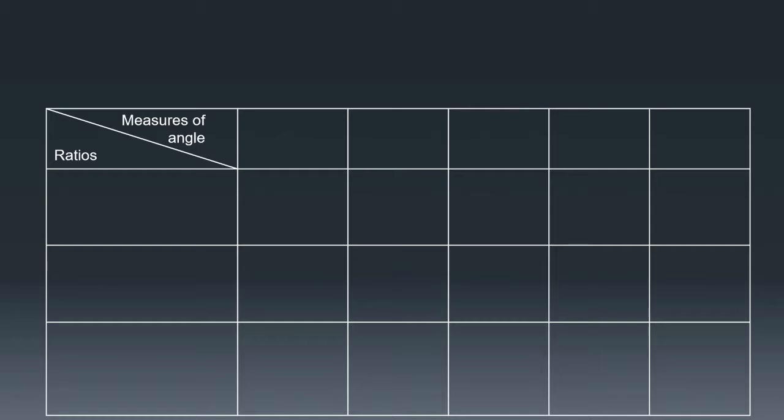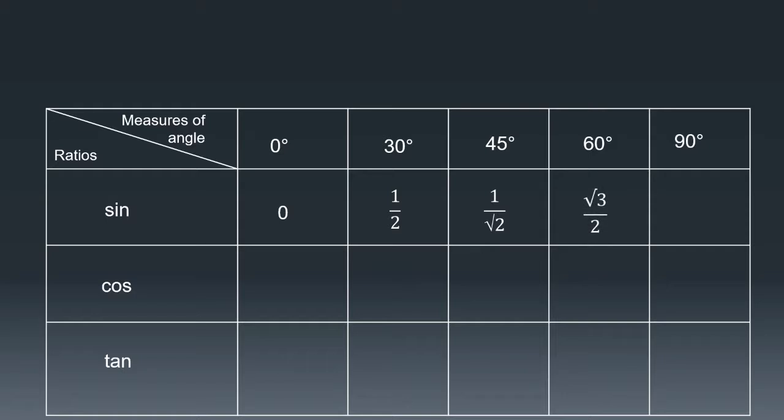Now this table we have already studied in the previous video. Let us quickly recall this table as well. Ratios are sin, cos, tan, and the measures of angles were 0 degree, 30 degree, 45 degree, 60 degree and 90 degree. So sin 0 degree was 0, sin 30 degree is 1 upon 2, sin 45 degree was 1 upon root 2, sin 60 degree was root 3 upon 2, sin 90 degree was 1, and cos ratios